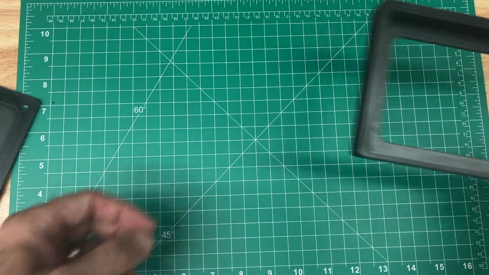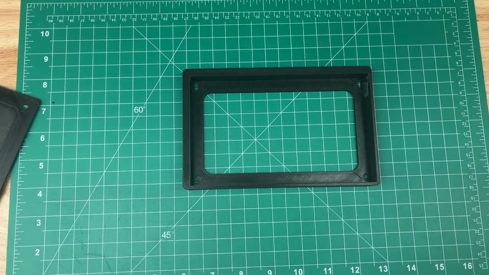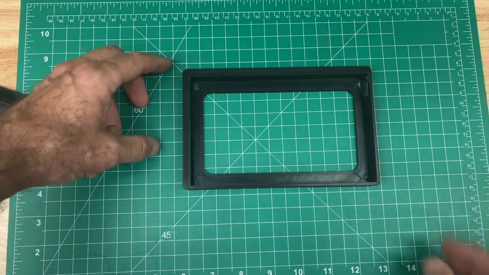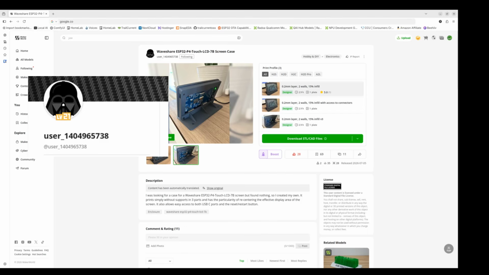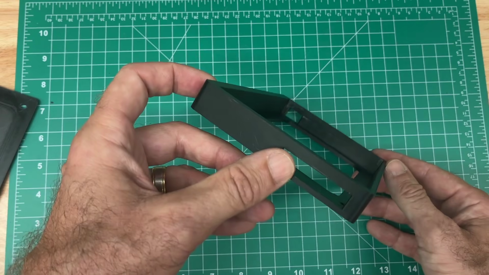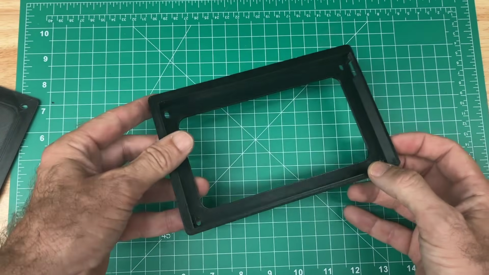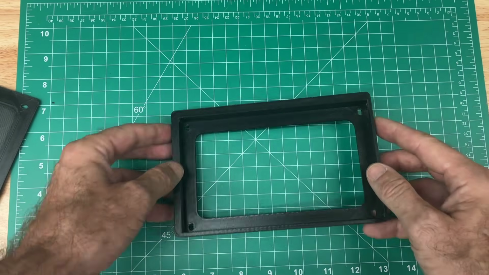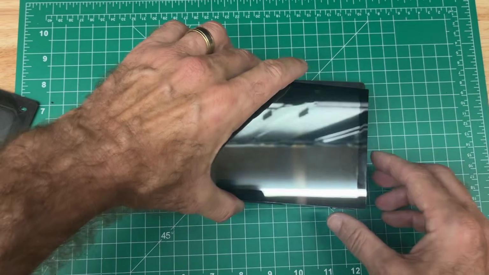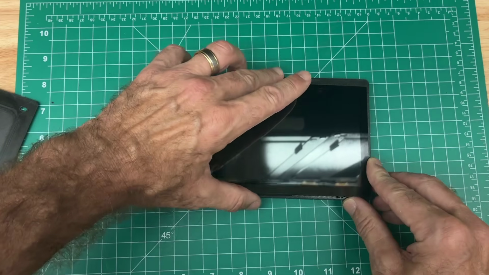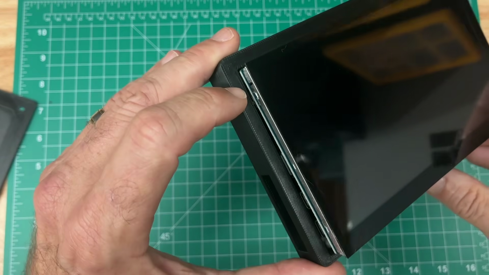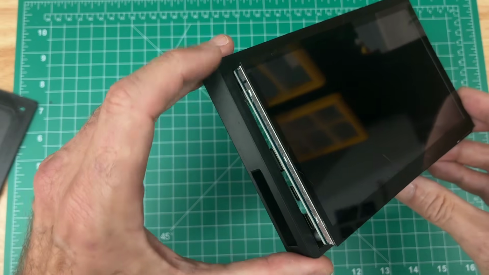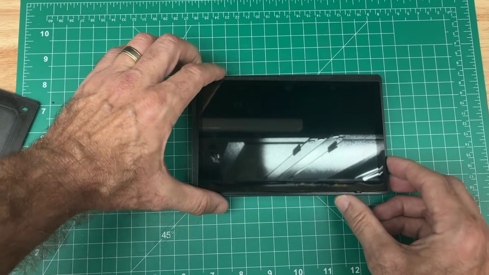And I was really struggling with all of this until I came across this Maker World user that had this one here. Found it and printed it, and I really liked it. It has the opening on the sides. It's a big opening here for the USB, and then another opening over here. Now, the one challenge that we had is that this fitment is so tight that if you push it down in there, you can see that it will actually break off that little plastic power tab,